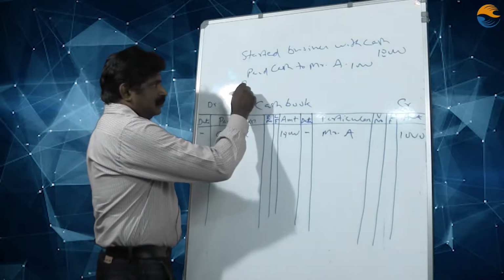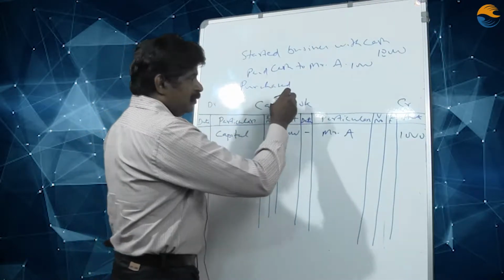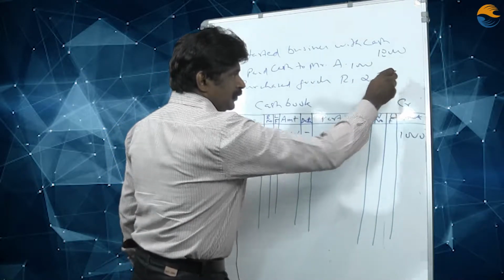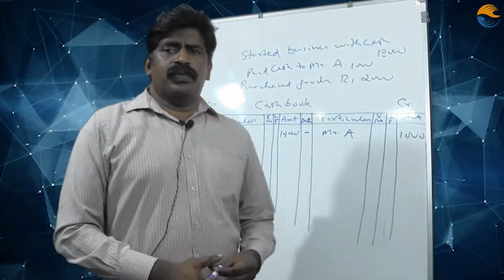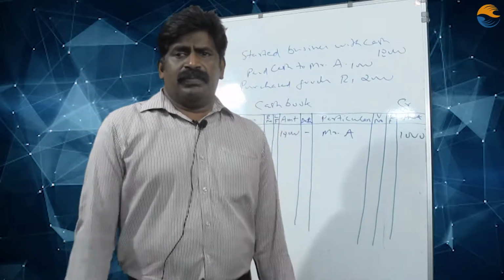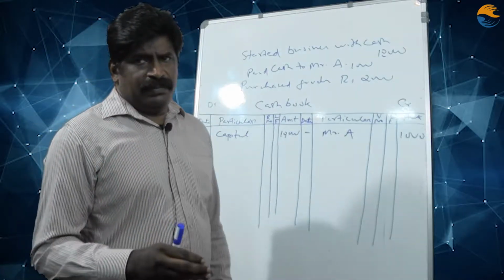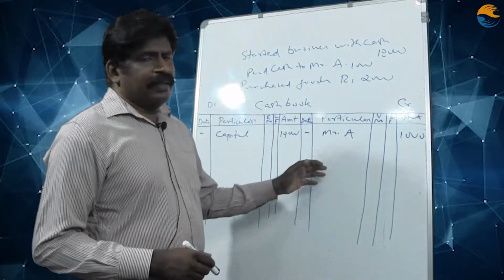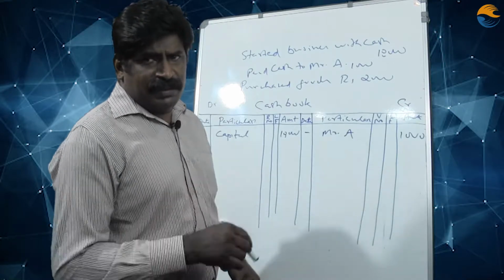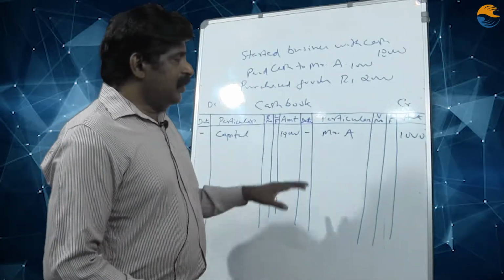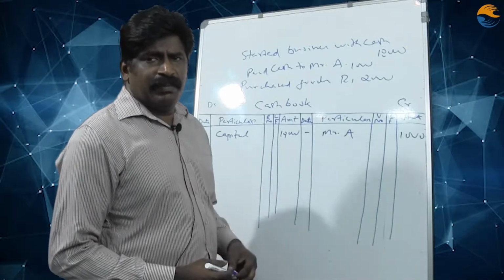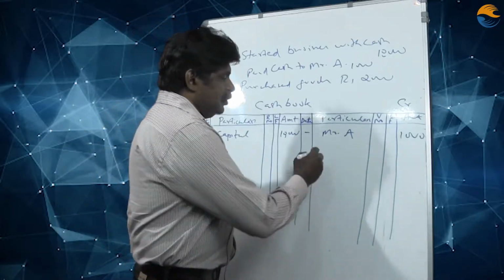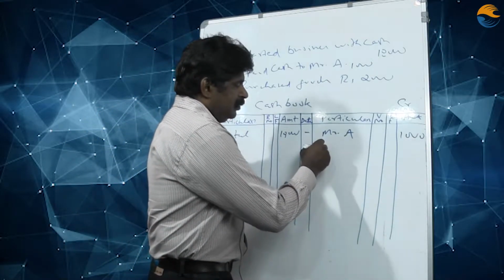Another transaction, purchased goods, rupees 2000. When we make purchase of goods, when we purchase goods from somebody else, we are paying cash. So it is payment. So this payment is to be shown on the credit side. One aspect is purchases, another aspect is cash. And in this cash book, the aspect of purchase should be credited because it is a payment. So we write here, after writing the date, purchases.